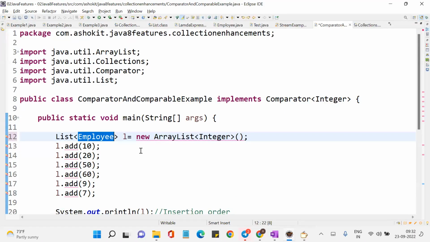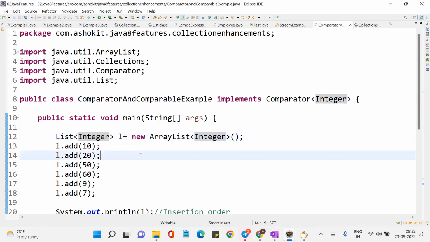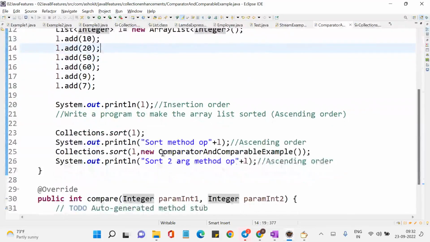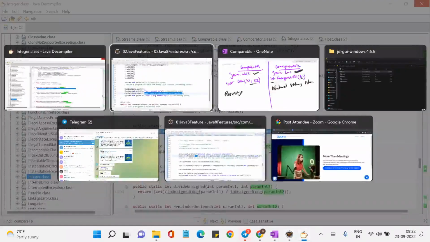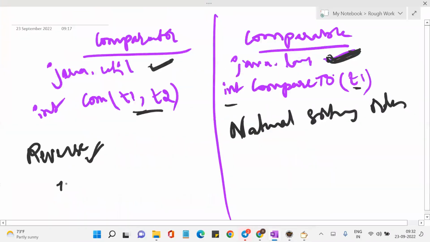By default, whatever is there in that Employee Comparable implementation, it will use. But with a Comparator, you can achieve whatever logic you want. You can separately pass the employee list here, and you can create multiple comparator logics and pass them. Based on that, it will behave in different orders. For example, here if you have an employee ID, employee name,